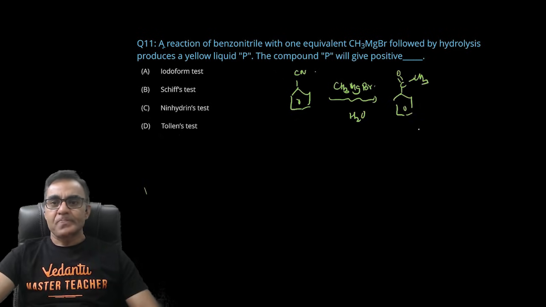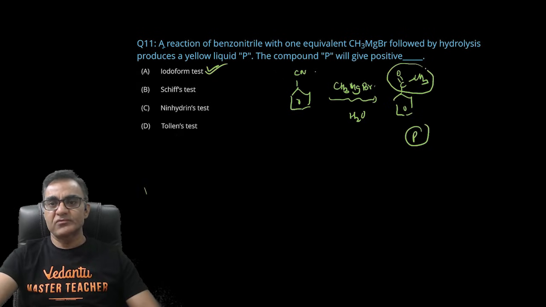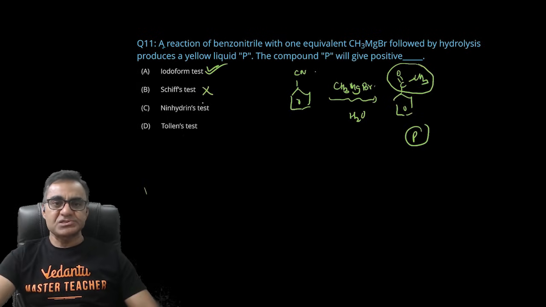कीटोन बन गया, एंड बाय हाइड्रोलिसिस प्रोड्यूस यील्ड, ये कंपाउंड P हो गया। कंपाउंड P विल गिव अ पॉजिटिव आइडोफॉर्म टेस्ट। यस, इसमें जो रिक्वायर्ड स्ट्रक्चर होता है आइडोफॉर्म टेस्ट के लिए वो यही तो होता है, CH3CO ग्रुप चाहिए, तो आइडोफॉर्म टेस्ट देगा। सिफ्स एल्डिहाइड के लिए होता है, नहीं देगा। निनहाइड्रिन टेस्ट नहीं देगा, टॉलेंस टेस्ट नहीं देगा, एल्डिहाइड के लिए होता है। ऑलराइट, सो A इज गोइंग टू बी योर करेक्ट आंसर।